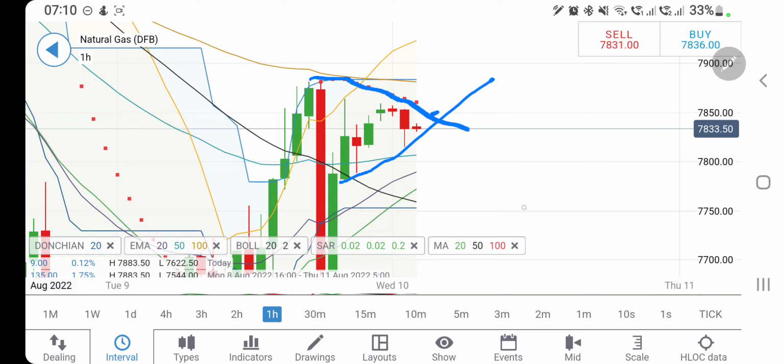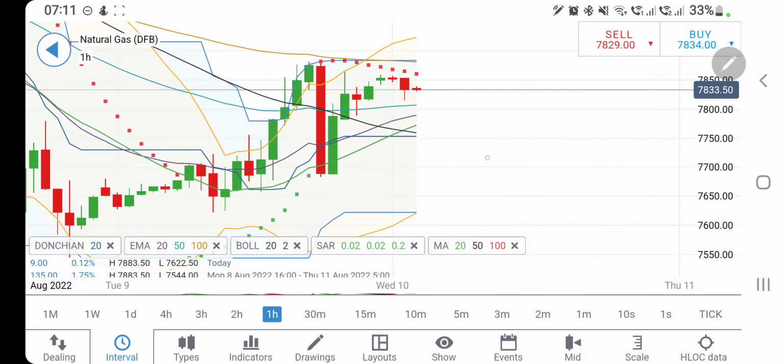So next time if you see it trading beyond 7.87, go long there. Expect it to rise again towards 7.88, and then beyond that 7.95, $8 levels will come into picture. The only short entry I will recommend is if you see it trading below 7.8 levels. Once you see it dropping below 7.8, you can go short for 7.75, 7.7, and then below that we may